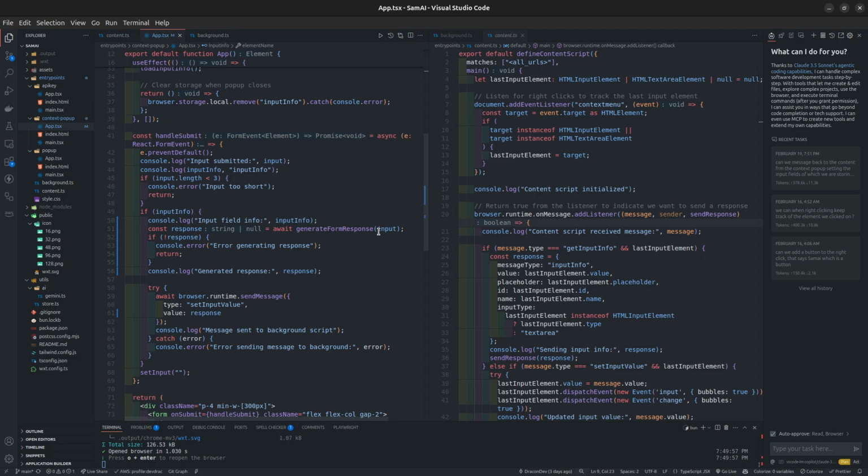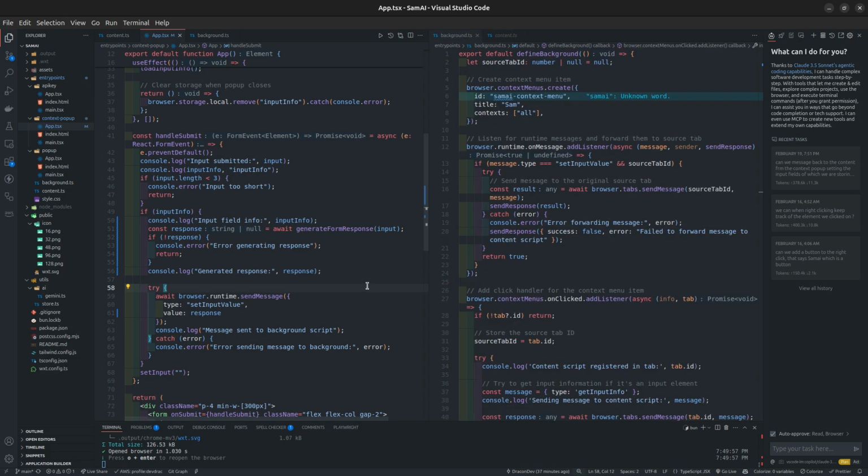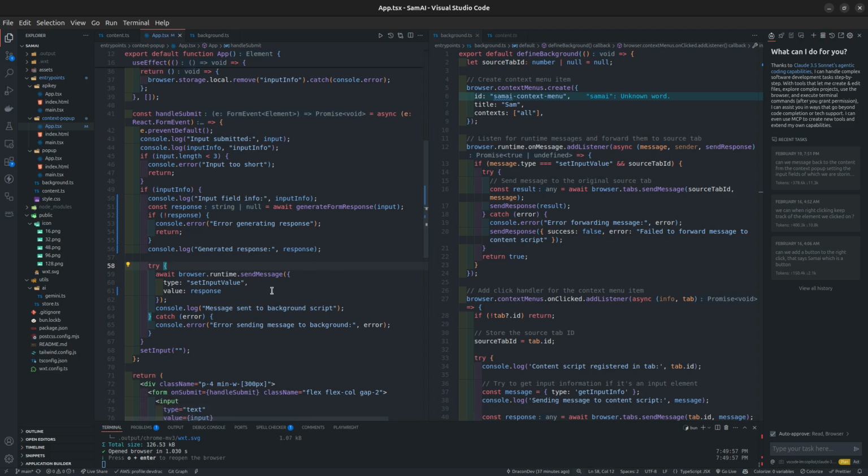And if you spam it too much and you're still using the free version, it will also not work. You might get timed out, but you can use it like 15 times per minute. So for reasonable use, it should be totally fine. But the important point is that after we have this response, assuming we don't have it, then I guess we end there. But then we send the input value message to the backend, and the backend listens for this send input value message. And assuming we still have the source tab ID, which we should because we're storing it,